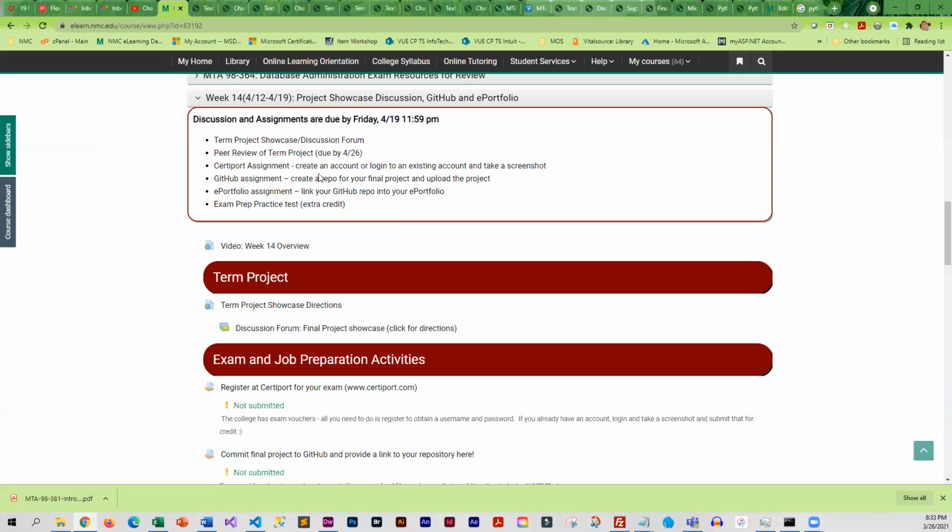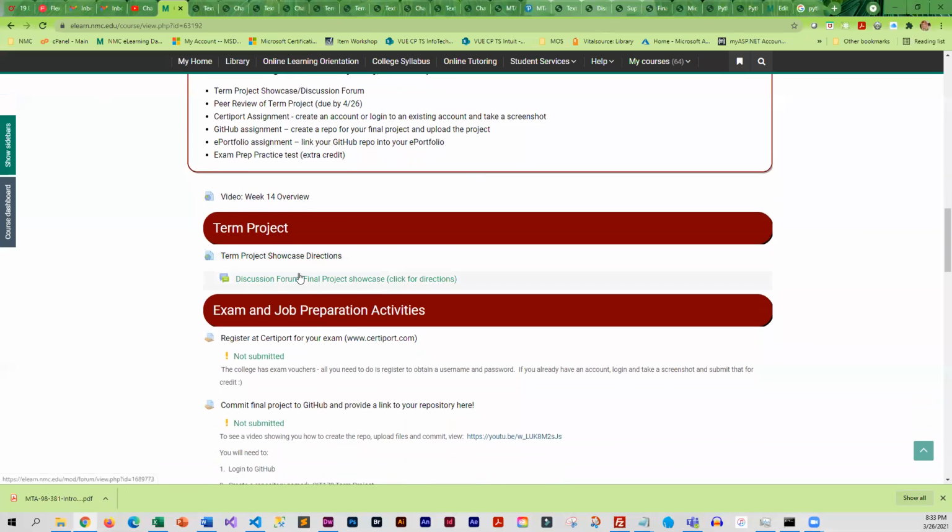So, week 14 is kind of our wrap up week. And so, this week, you are going to be submitting your showcase. You should have completed your final project a couple weeks ago. That trigger assignment and function and procedure assignment was the last part of your term project that you needed to